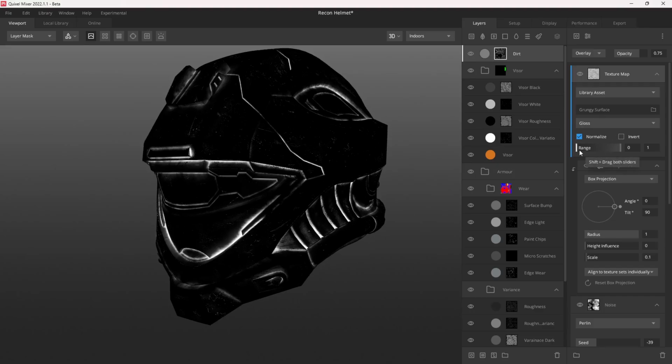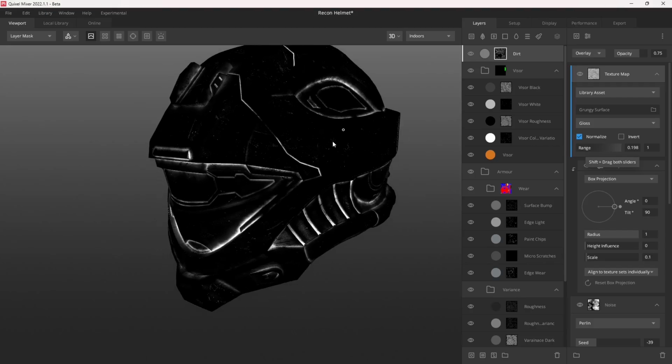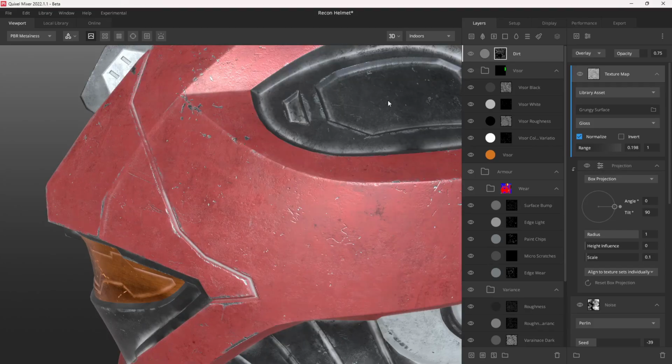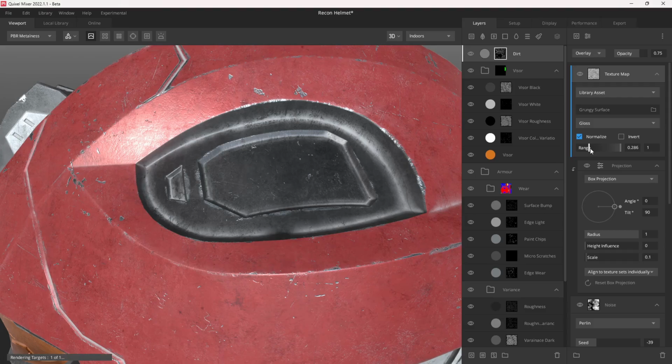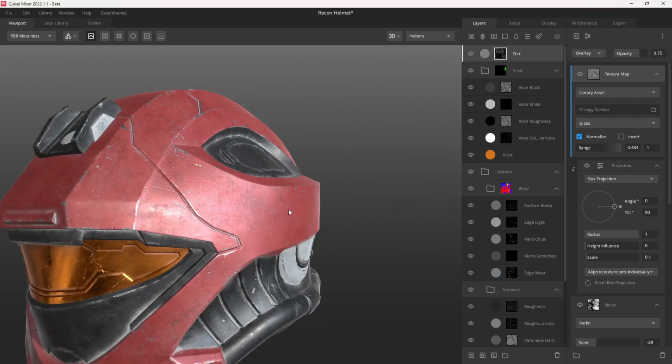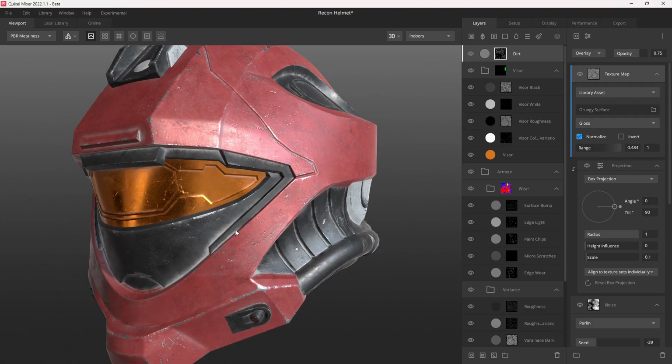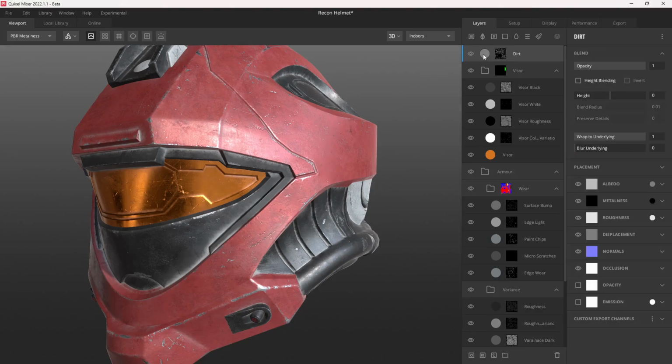We can just adjust the range a little bit, bring it up. Just make those black parts sort of cull out a little bit more. Might have to change it because I kind of feel like it's a little bit consistent. But the idea of this, might bring that range up even more. The idea of this is to just kind of add a bit of a speckled look to the dirt or dust buildup that we're getting. We also kind of want some uniformity in it. But by the same token, we don't exactly want it to be this prominent, so we can change the actual